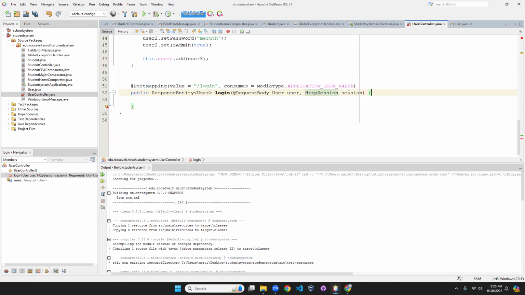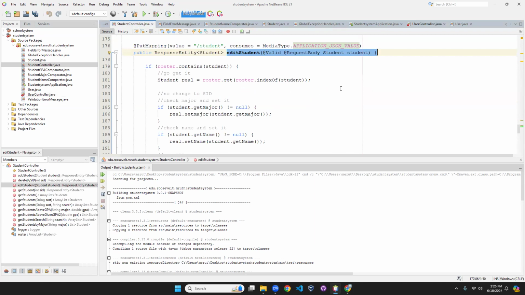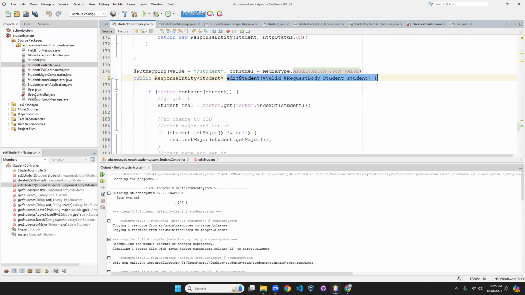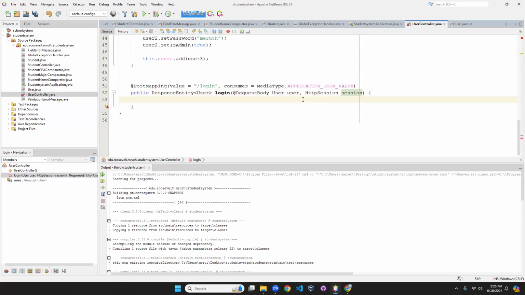Okay. So we're going to use, I'm trying to think of the word. I'm brain farting here. We're going to use injection to inject sessions into this method. We could have methods that use sessions and methods that don't use sessions, and that's what's going to happen. The student controller, none of these actually have anything to do with sessions, and so those work without the authentication piece completely. So what we're going to do here is